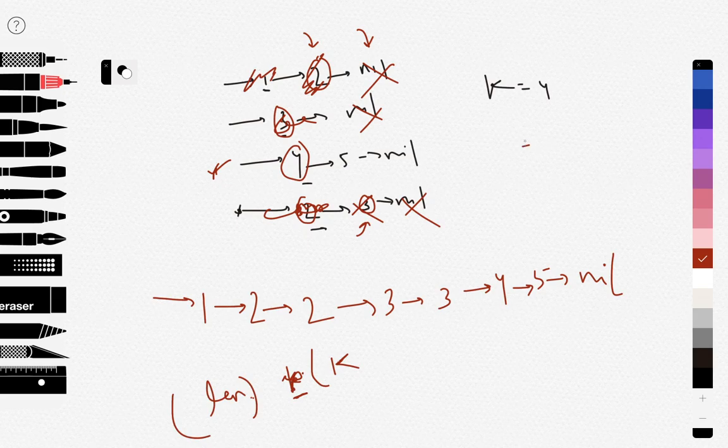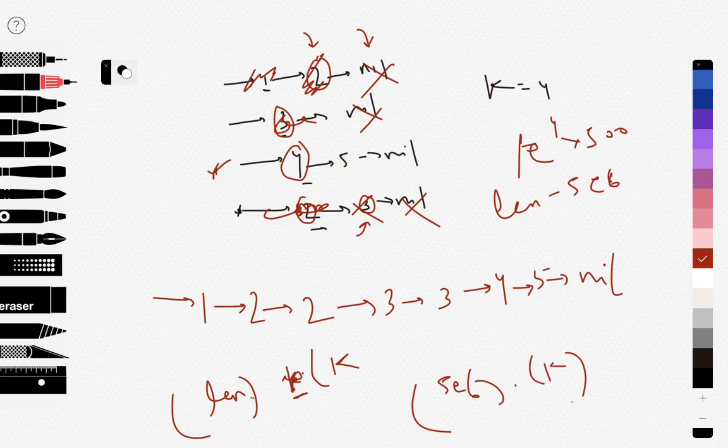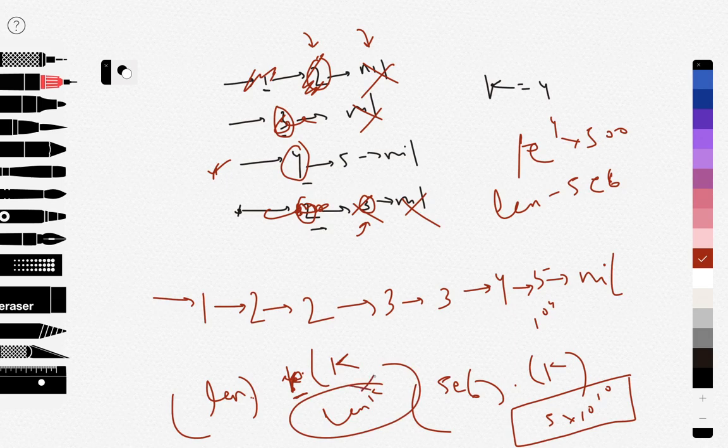So in this case, we know that we have 1e4 linked lists and length of each is 500. So length would be of the order 5e6, 5 into 10 to the power 6. So for 5 into 10 to the power 6, we are doing this operation k times, since we are comparing across all the linked lists. And what is the value of k? It is 10 to the power 4, which will be 5 into 10 to the power 10. So clearly this n square, or this length into k complexity approach, will time out. But this gives us a pretty good idea of how we will approach this problem.